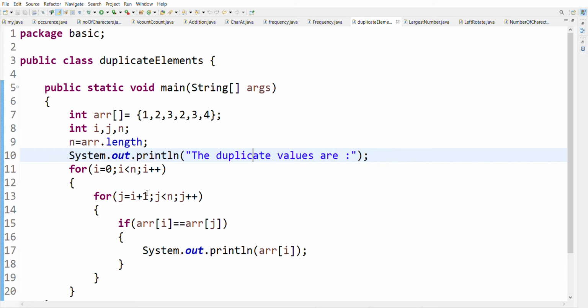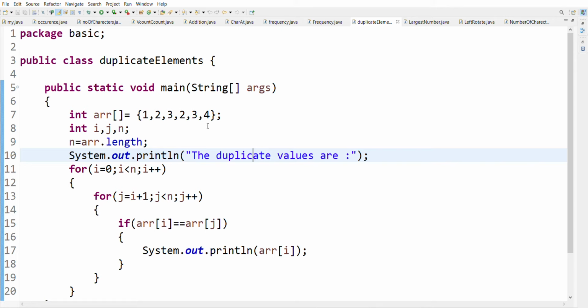With j equal to 2, 2 is compared with 3 in the first iteration. Both 2 and 3 are not equal. Then 2 is compared with 2. Here 2 and 2 are both equal, so the output gives the duplicate value 2.